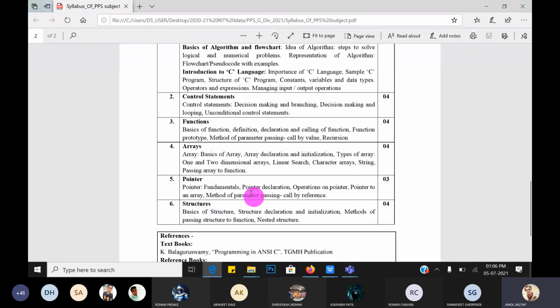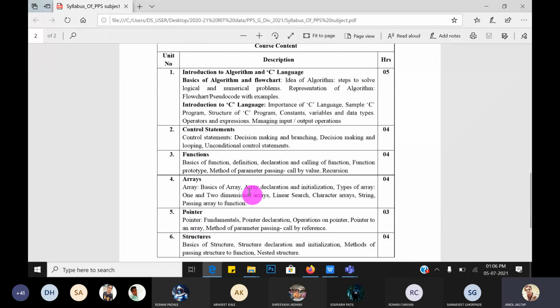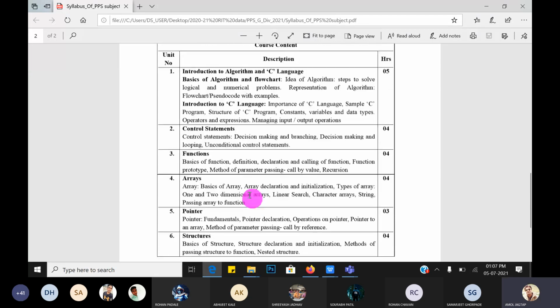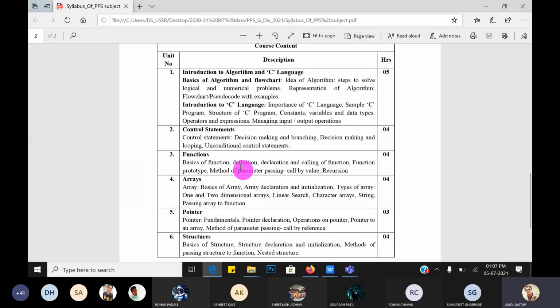So guys, these are the 6 different units. You have got it? Yes, sir. This is only to understand what the syllabus and the content are. Now we will focus on each and every point in detail. Before that, you have an idea of the different chapters included in your syllabus.